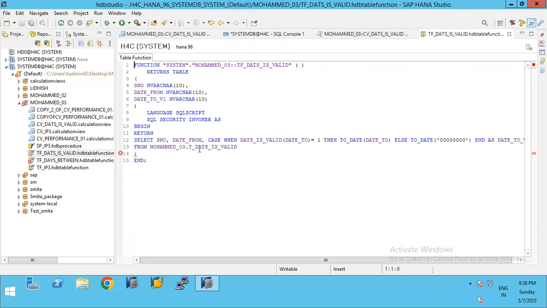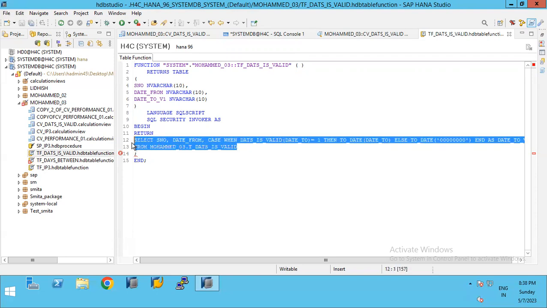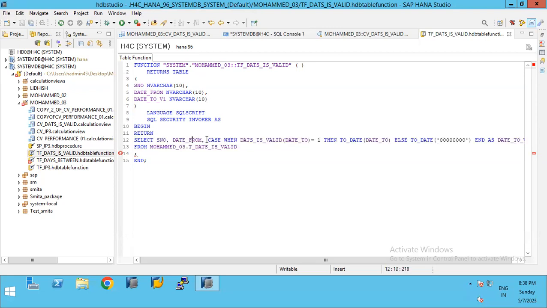Anyhow, I have used the same SQL statement and created a table function. You can use the returns table and display all the field names you want in the output. Here you have to define that, and below the return, you just write the definition. Once it is active,